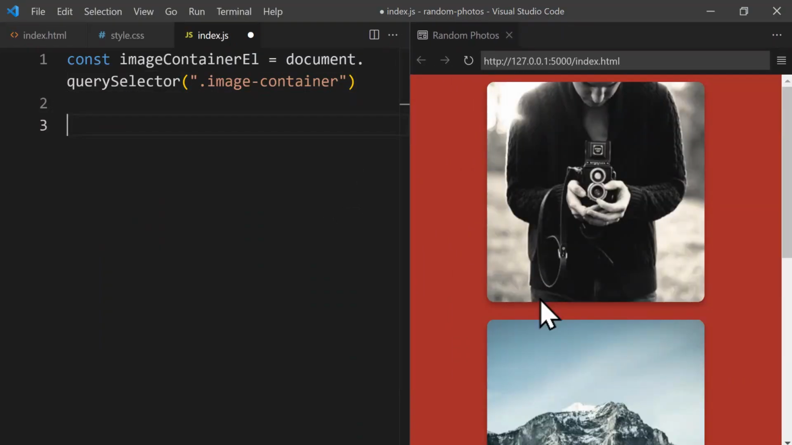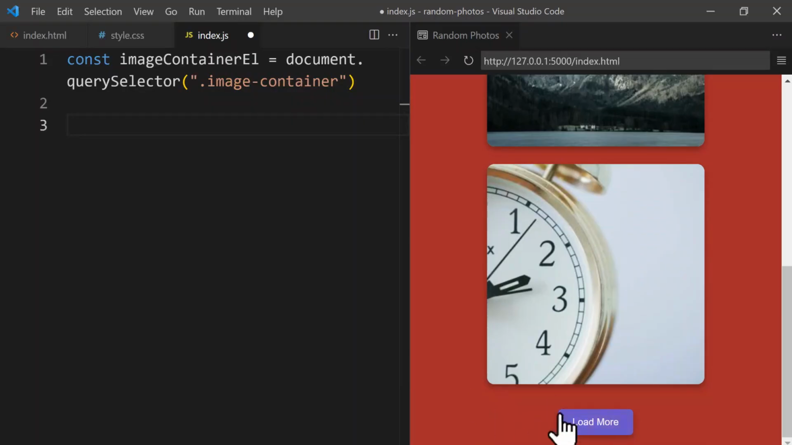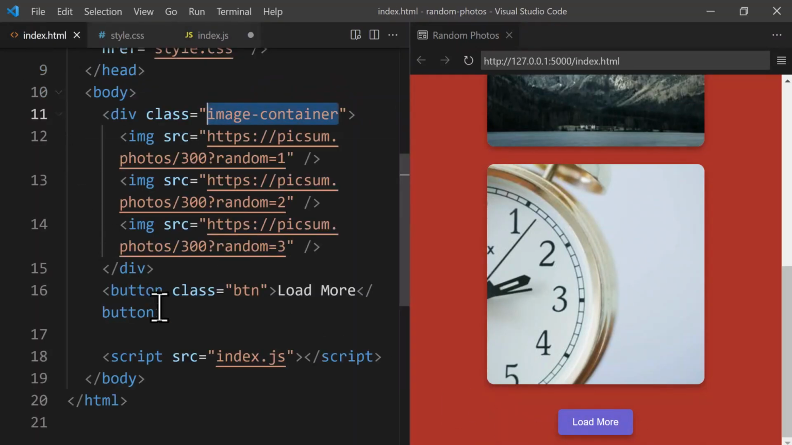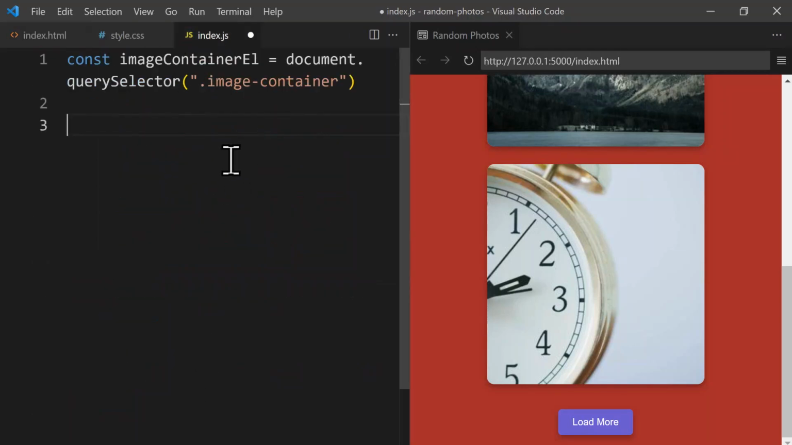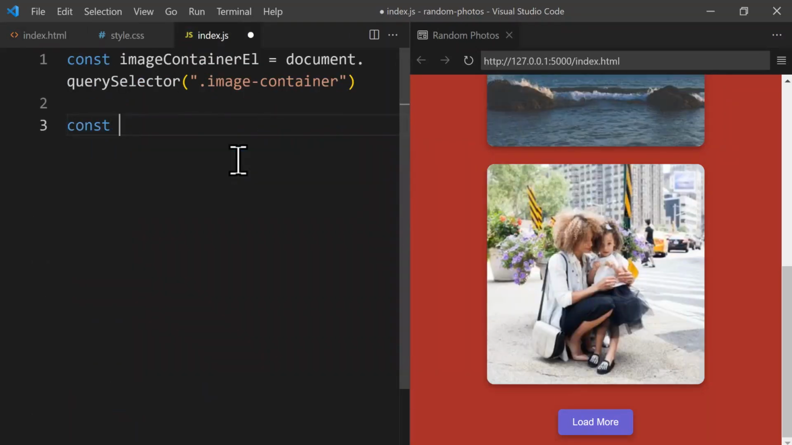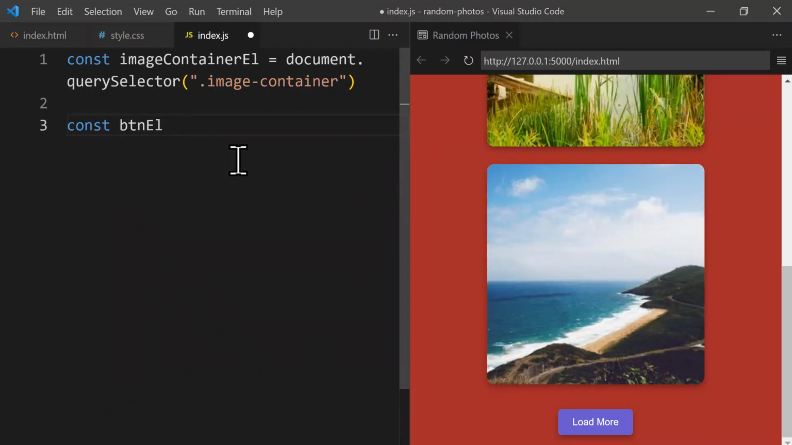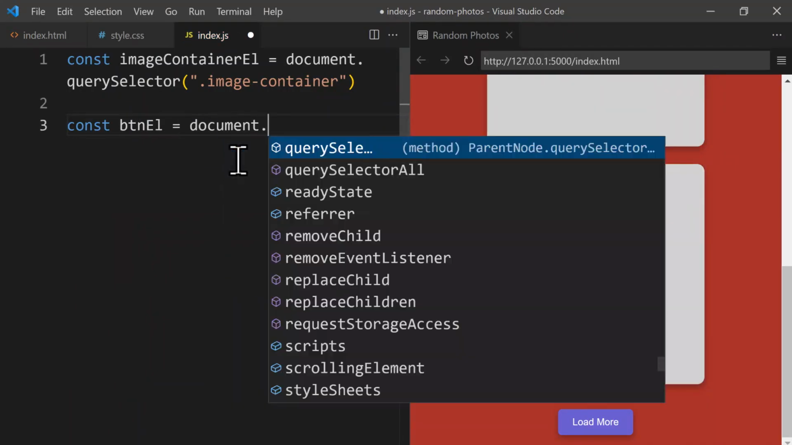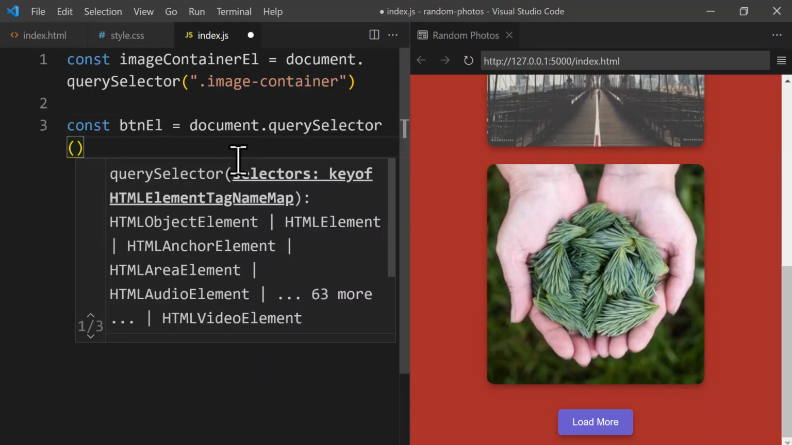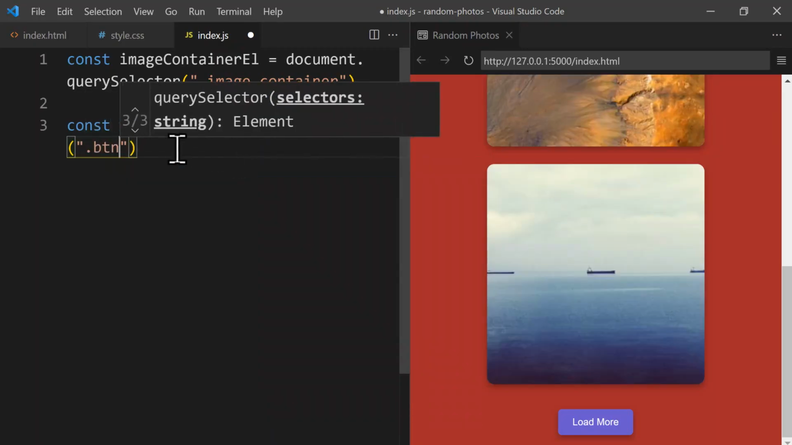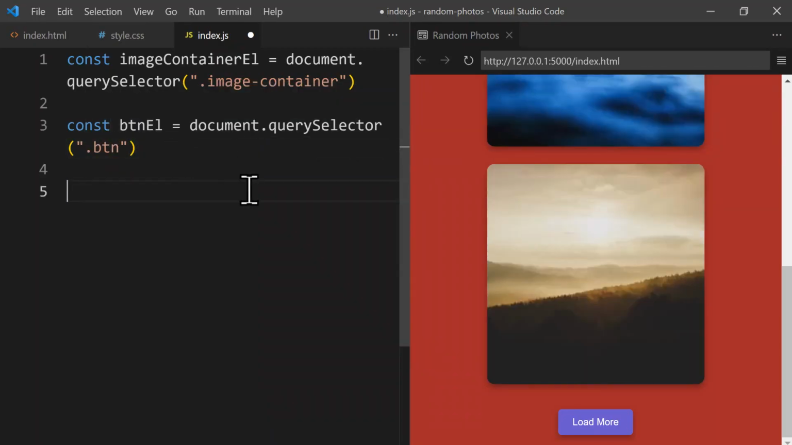We also need to select this button to add an event listener to it. This button uses the class btn, so we select it using the same method as before. Let's create a constant named btnElement and assign it using document.querySelector with .btn inside the parentheses to select the button by its class. With the button selected, let's add an event listener by writing